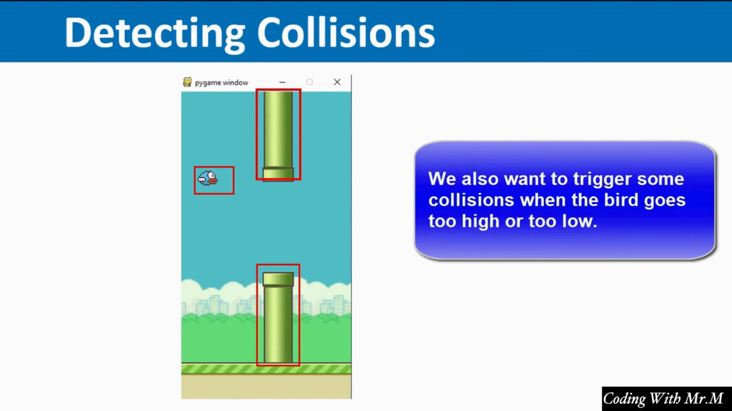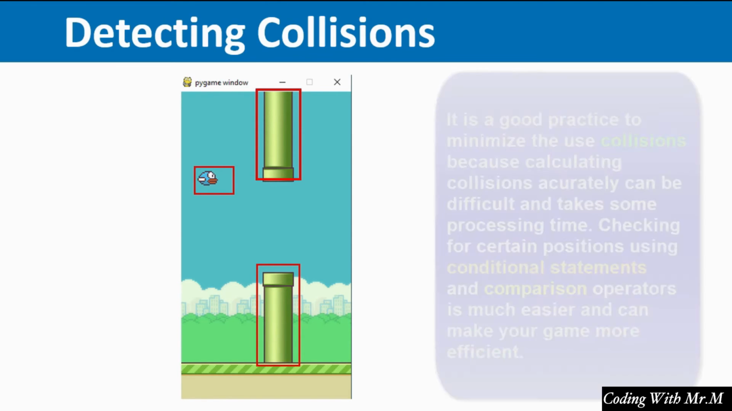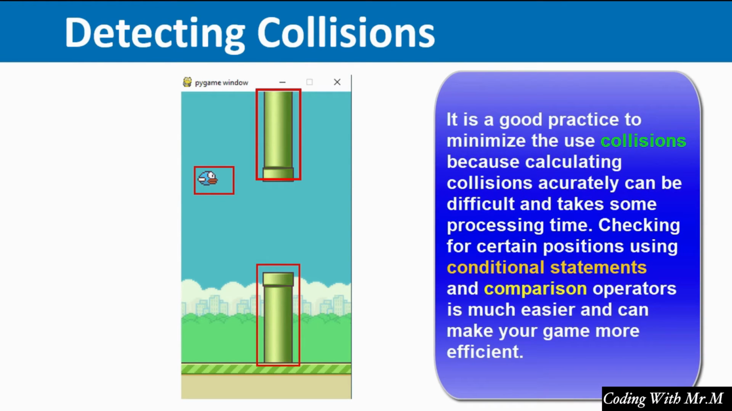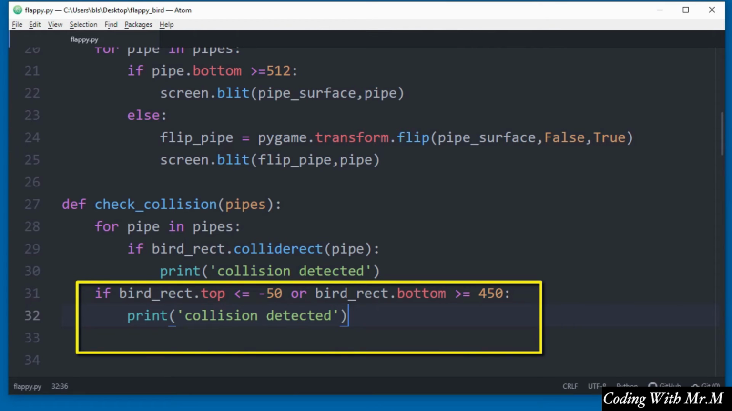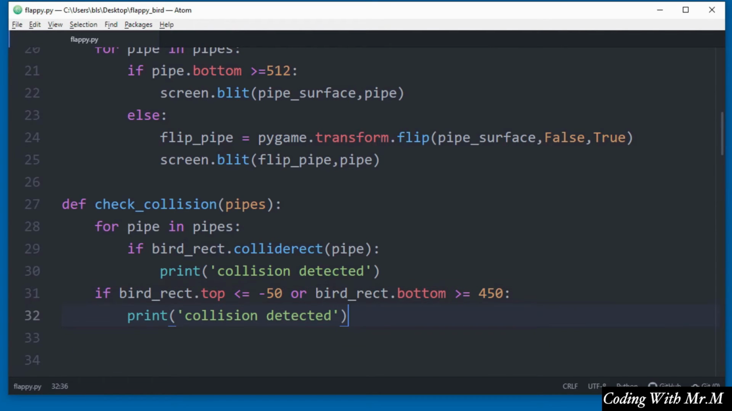It's actually a good practice to minimize the use of collisions. Checking for certain positions using a conditional statement is much easier and more efficient for the game. So let's add that to the code. I have added a couple of lines to this function called check_collision. Line 31, I'm using an if statement to check if the top of the bird rectangle is less than